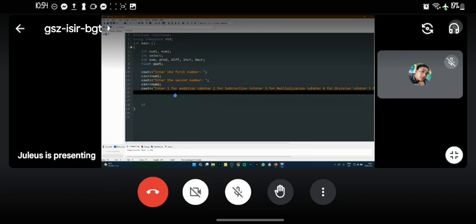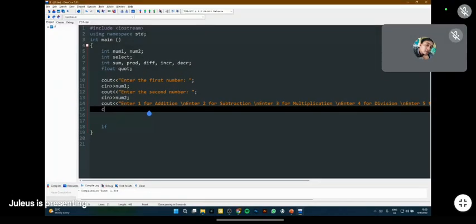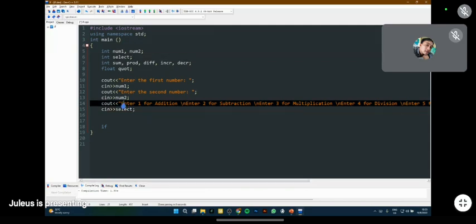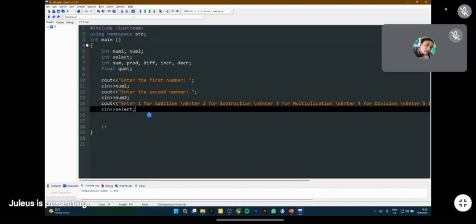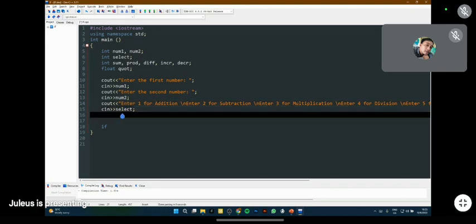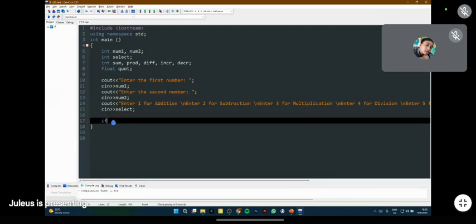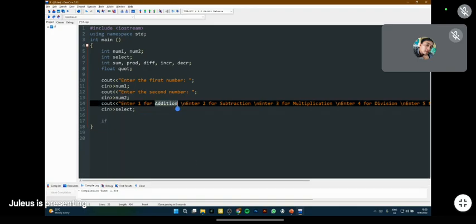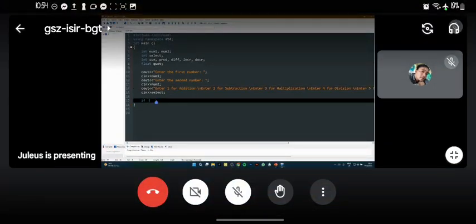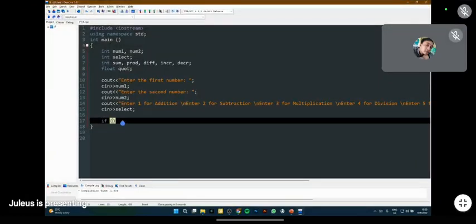All right. Now, if the user enters a number here, 1 to 7, then it will be saved to select. So therefore, our select has a value now, depending on what the user enters, either 1, 2, 3, 4, 5, 6, or 7. Therefore, we can now create our condition. So if he entered 1, we will perform addition, correct?